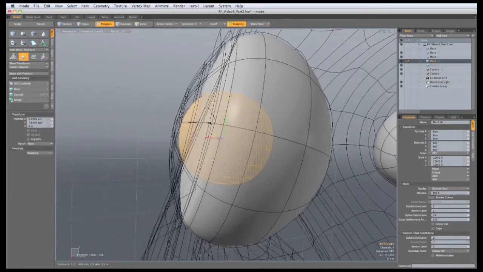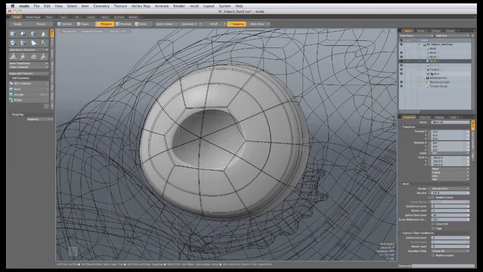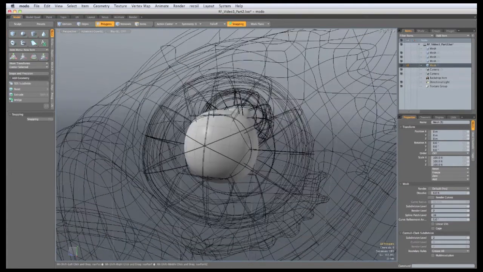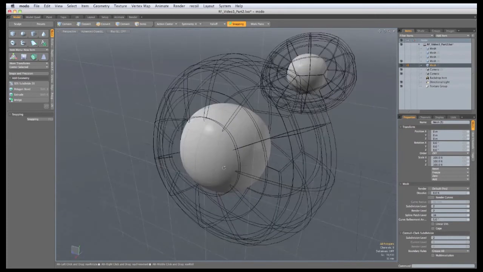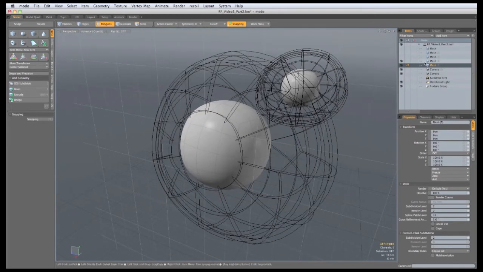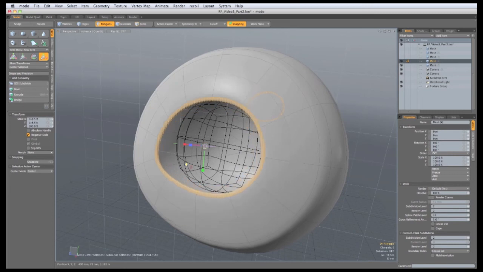Looks about right. So when you're happy with that, Control X to cut, go to a new mesh layer and Control V to paste, and then we need to hide everything apart from the lens and the iris. Go to the iris layer, select two polygons inside the hole and hit L to select loop, hit R, make sure you're in a selection action center, scale them out,